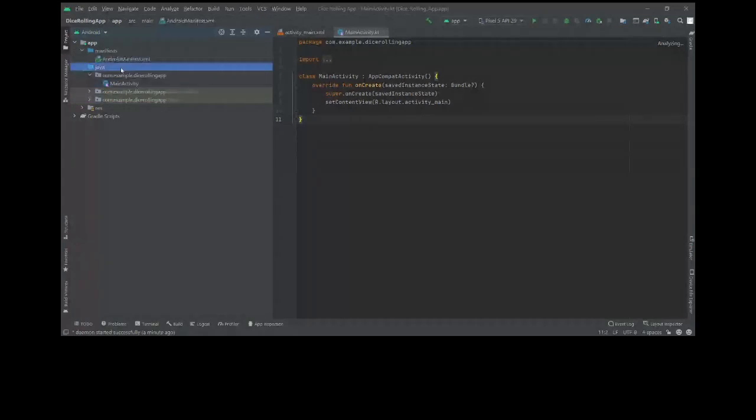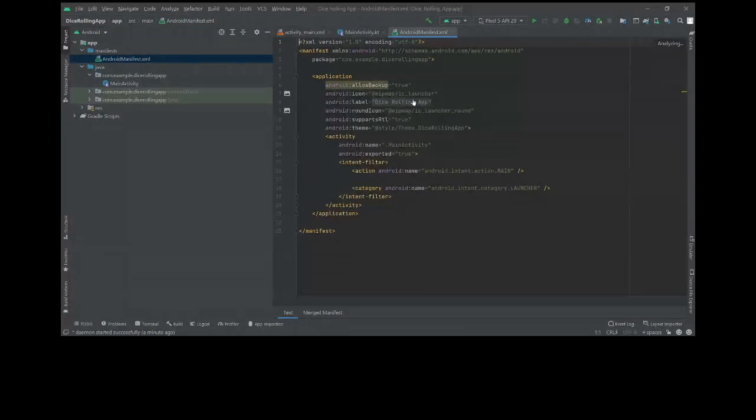So this file contains all the information about your app. Like if you want to give your app internet permission, you have to define it here. If you want to change the theme of your application, you have to do it here. If you want to change the icon of your application, you can do this here. If you want to change the label, like the name that will be displayed when you create the APK, that is also written here.